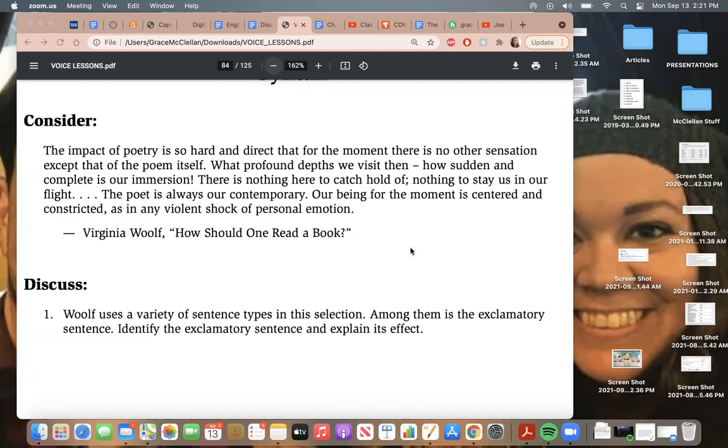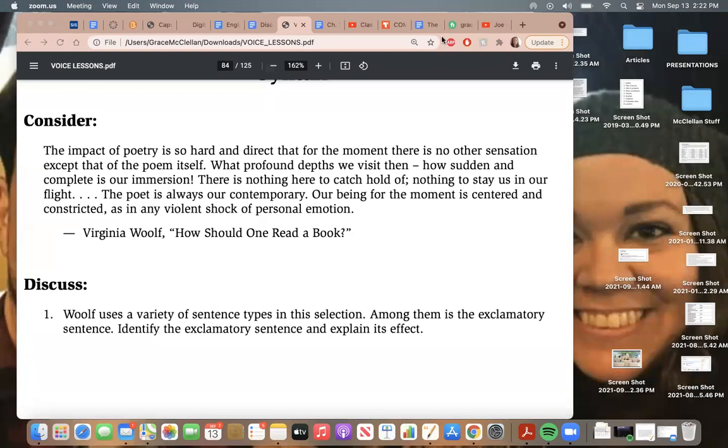So before we get to this first question, the thing that I noticed when reading that was the differences in punctuation, which, yeah, we're not focusing on punctuation, we're focusing on syntax, but sometimes punctuation can affect syntax. So for instance, we've got this dash here. So there's like a sudden break in this sentence. Then we have a semicolon rather than a period or a comma and conjunction. And then here we have an ellipsis. So she's done some things that sort of break up her sentences.